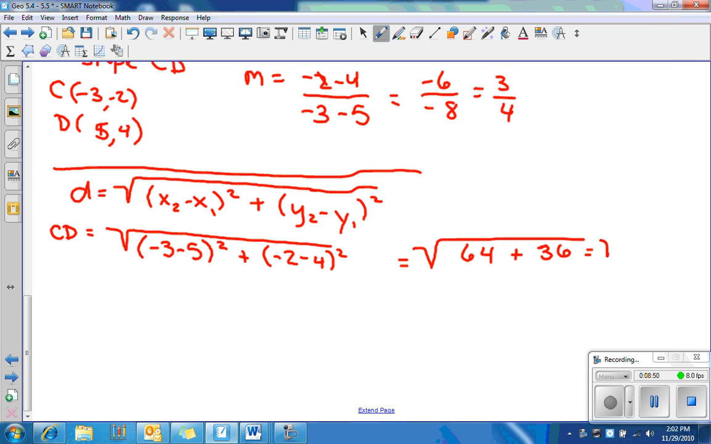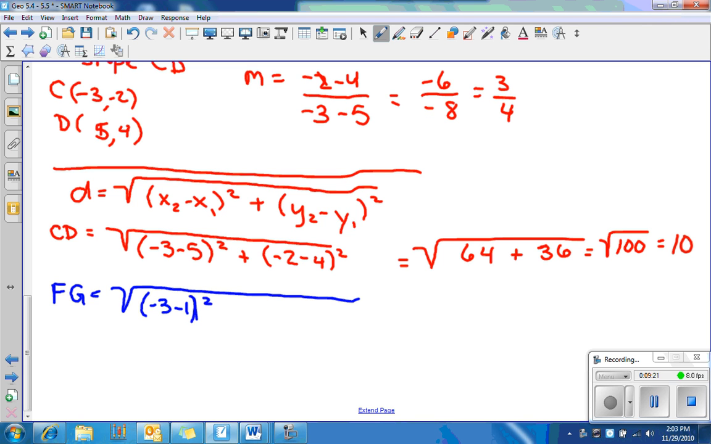Somebody know the square root of 100? Very good. So it's 10 whatever units we're talking about. All right, so that's the distance from C to D. All right, now we're going to try the distance from F to G. Yes, it takes a little while to do all this. All right, so remember F and G we found to be -3, 1, and 1, 4. So -3 minus the 1, square it, plus 1 minus the 4,